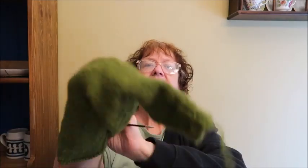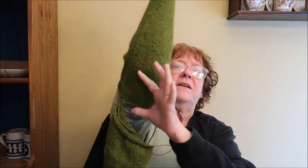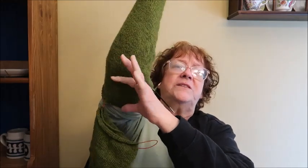So let me show you how far I have gotten along. I guess I should take my jacket off so you can actually see it. Last week I was just at my elbow. So this week, there it is. This is my elbow right here. I've gone about 3 inches above my elbow. I need to come to my armpit here, so I have probably another 4 inches, and then it will join the sweater. The sweater I'm knitting is from the bottom up, and then you join it, and then you go the rest of the way once you incorporate this sleeve. So right now they look like